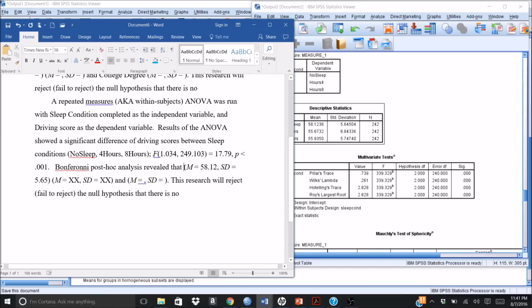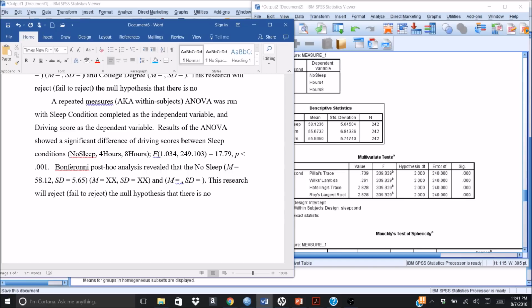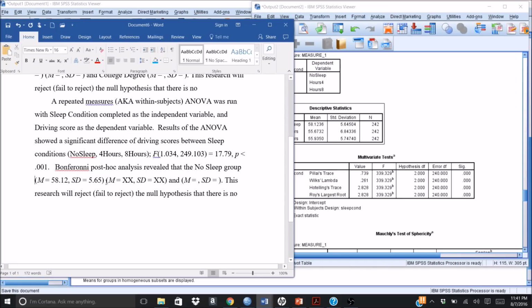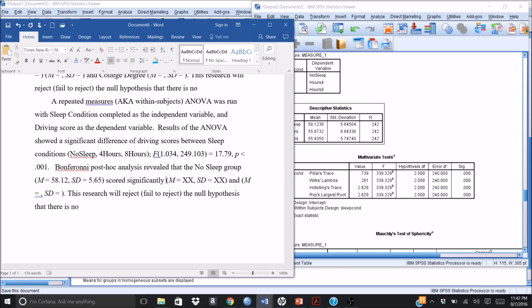And it was telling me that group 1, now I don't want to write out the actual words group 1. I want to make it so that the reader has a better time understanding it. I know because I've been working with the data what group 1 is, but I'd like to be a little bit more clear for the reader. So I'm going to say that post hoc analysis revealed that the no sleep group, and then I can put their descriptives right there with their mean and standard deviation. And I'm going to say that they scored significantly higher